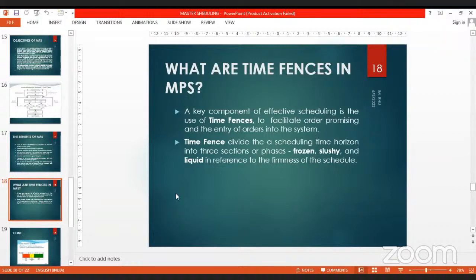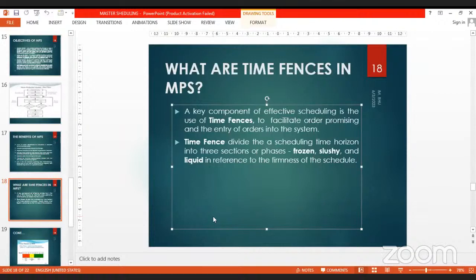What are the time fences in MPS? A key component of effective scheduling is the use of time fences to facilitate order promising and the entry of orders into the system. Time fences divide the scheduling time horizon into three sections or phases: frozen, slushy, and liquid, in reference to the firmness of the schedule.